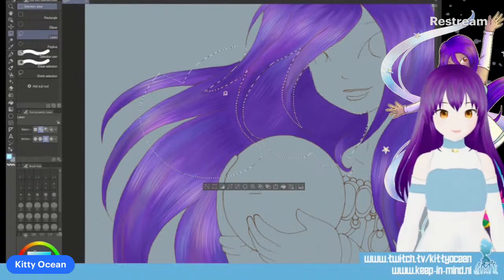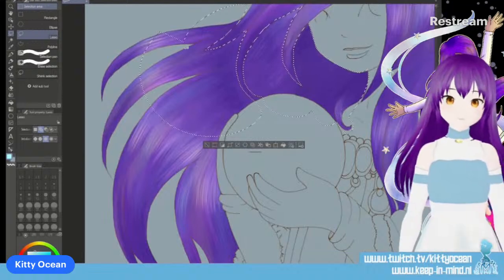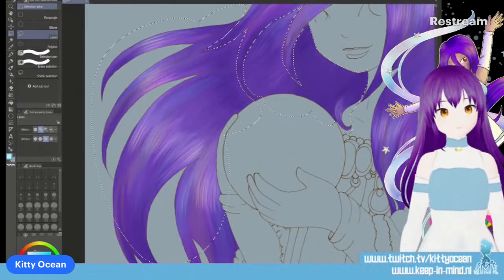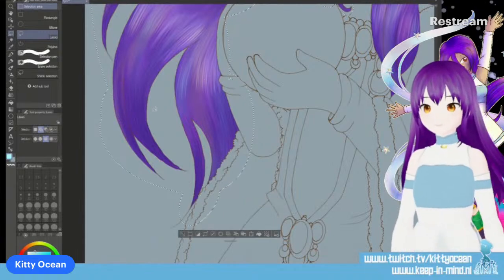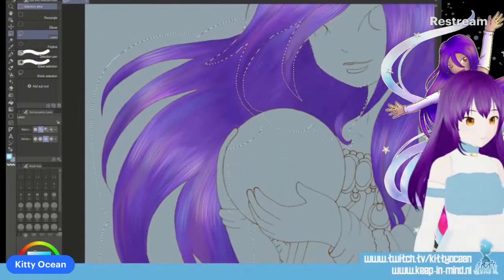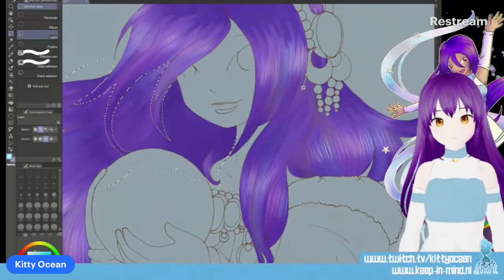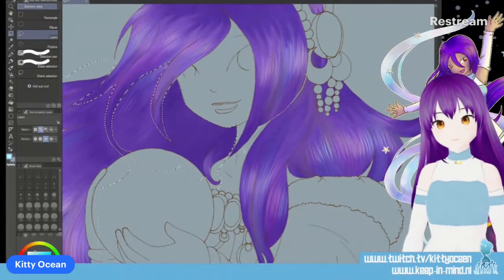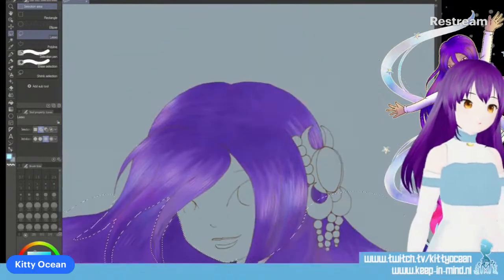And it's okay if I go outside the lines because I have a clipping layer. And I want to do the bangs on a separate layer.